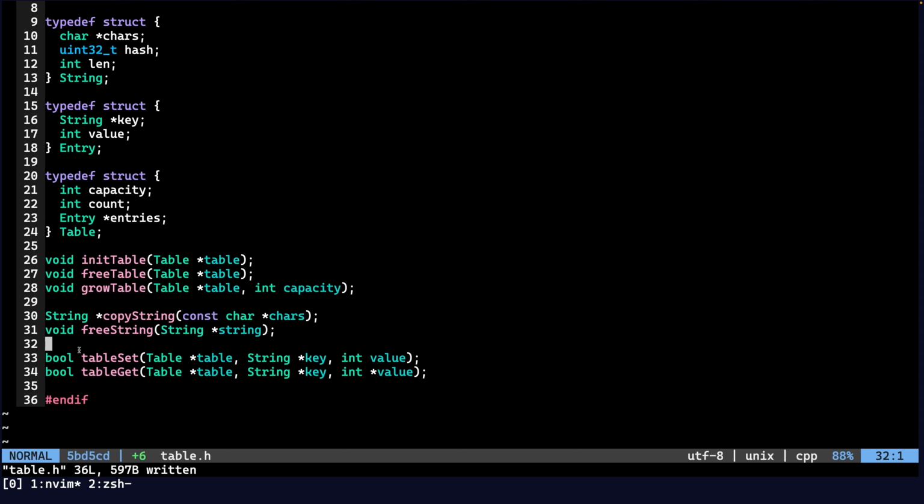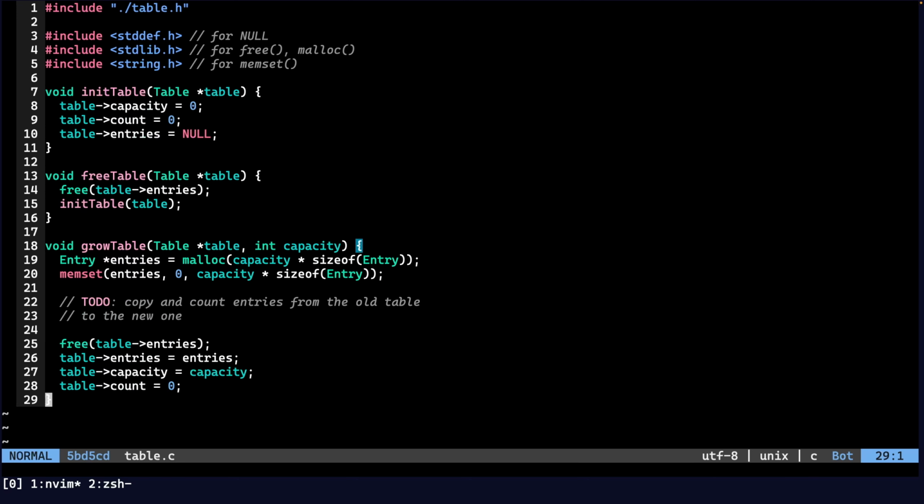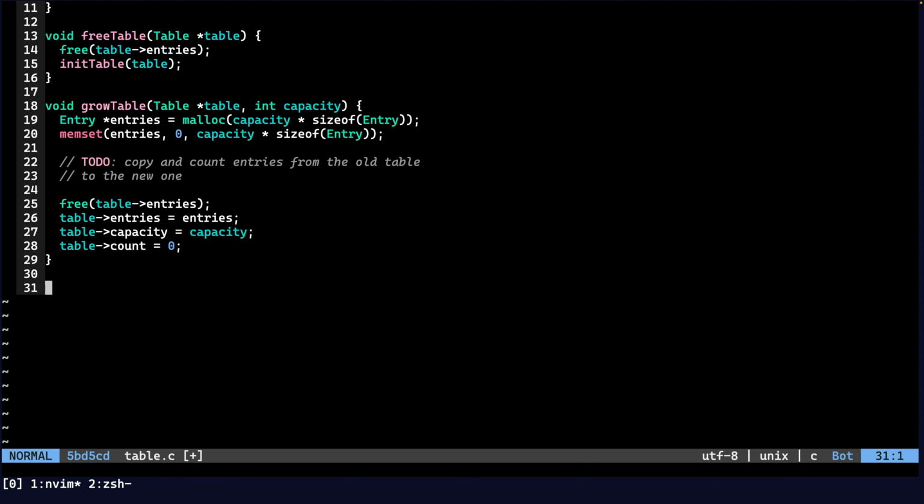In both cases, the item is going to be inserted, and then the table get function is going to return false if the item does not exist in the table, and true if the item got successfully fetched from the table. And the actual value is going to be placed in the pointer, which we're going to pass as the third positional argument. So now in table.c, we can implement the actual hash function, and the signature is going to